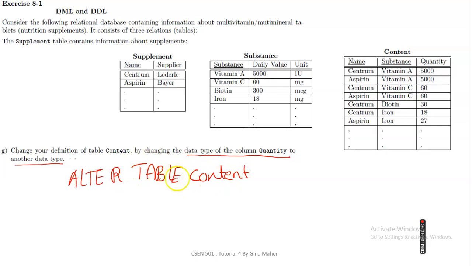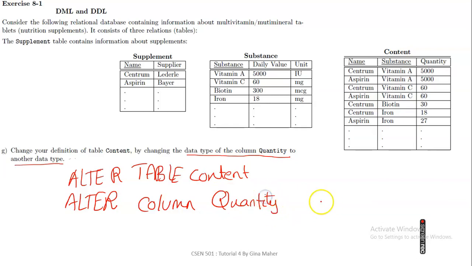What is the something we need to change? It is column quantity. So we are going to state alter column quantity and write the new data type here. Okay, for example, we are going to change it to float, so write float. Okay, this means that we are going to change the column quantity from integer to float. Okay,